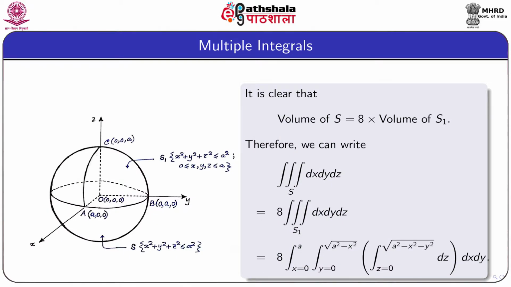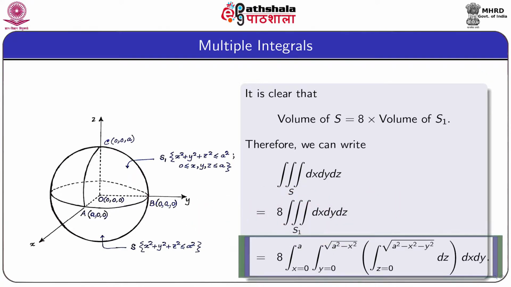We have shown it here. Now, it is clear that the volume of the entire sphere S is 8 times the volume of the part S1. Therefore, we can write the triple integral of dx dy dz over S equals 8 times the triple integral over S1,